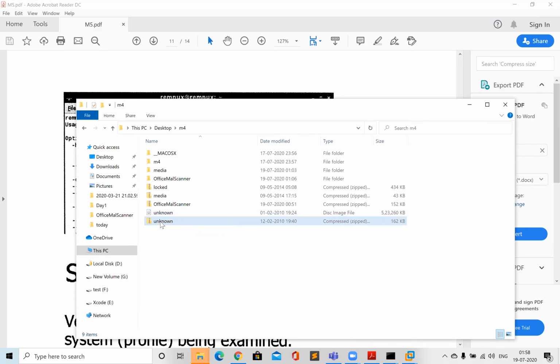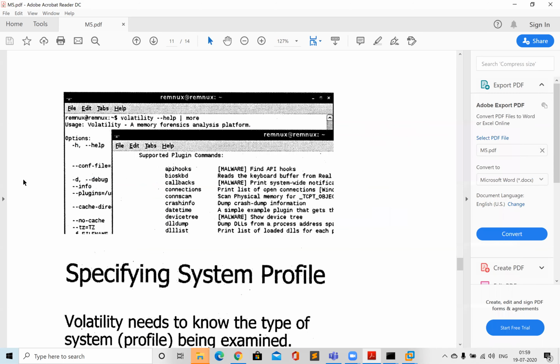If you want to perform the practical, I will share this malware, which you can just execute on the lab system, get the RAM memory, and then perform the forensics. So I won't need to share this 510 MB file. You just need this malware, and it will create the same kind of artifacts which are present in this 510 MB memory image. Let's see how Volatility can help us.